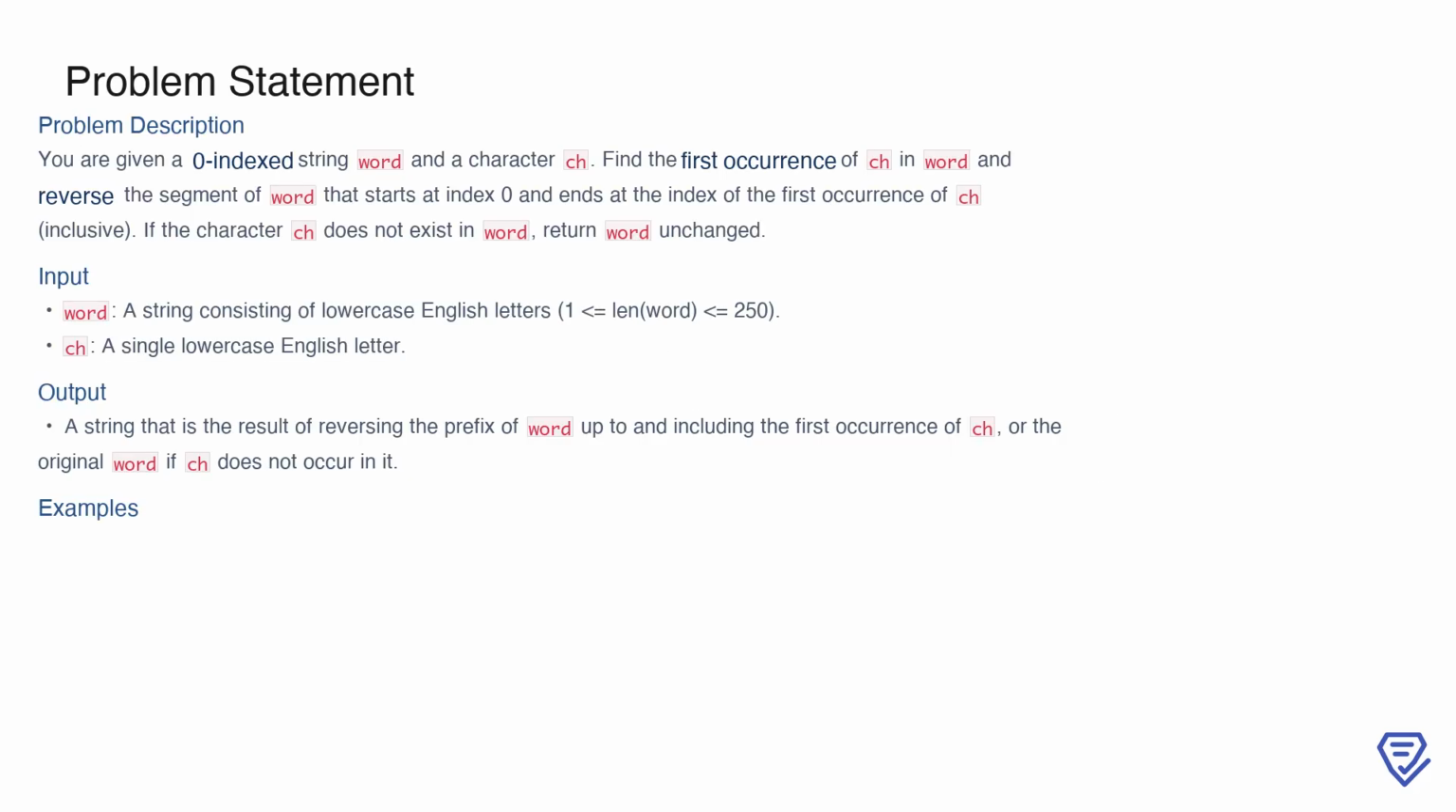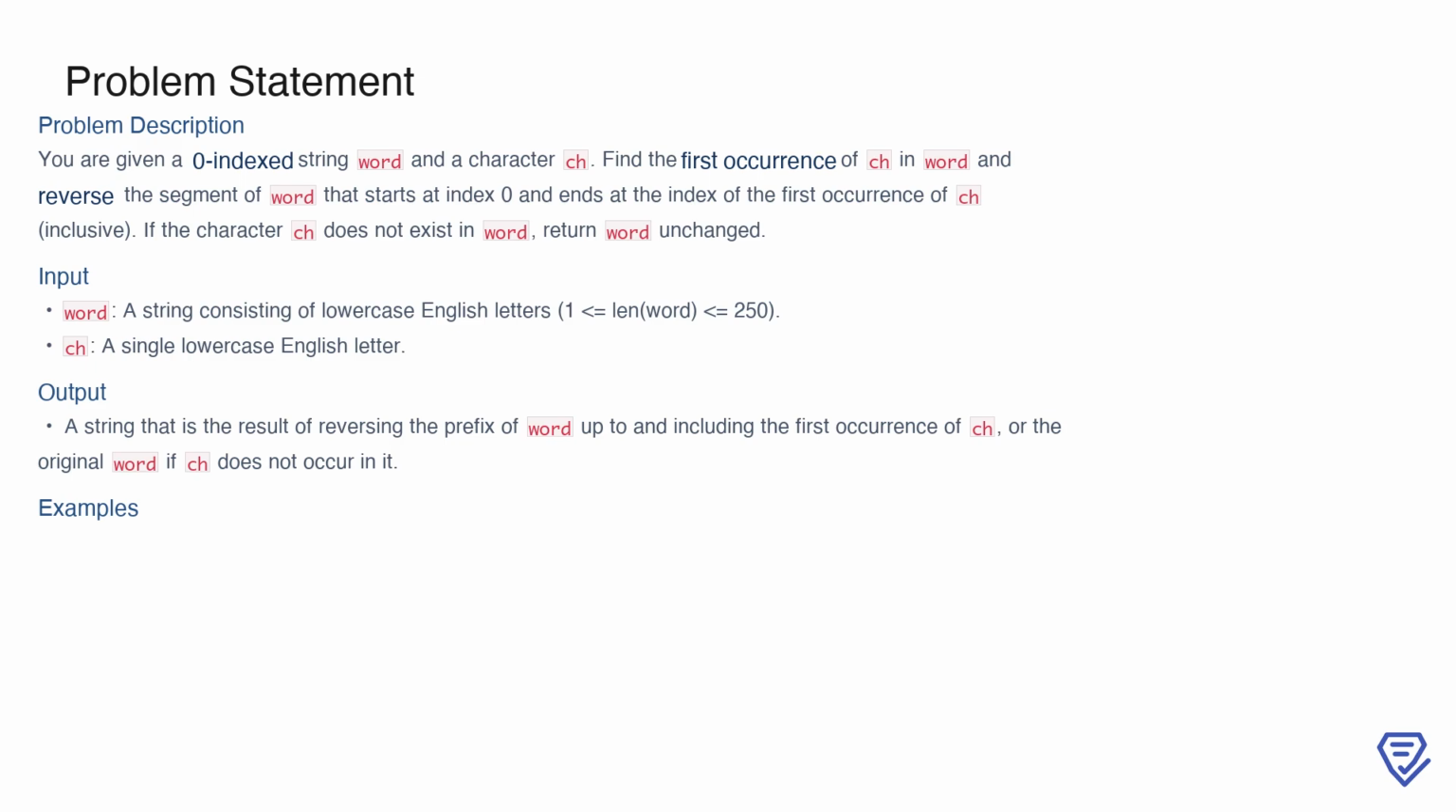In this problem, we are working with a string word and a character ch. The goal is to find the first occurrence of the character ch in the string and reverse the portion of the string from the beginning up to and including the index where ch is found. If ch does not appear in the string at all, the output should simply return the original string without any